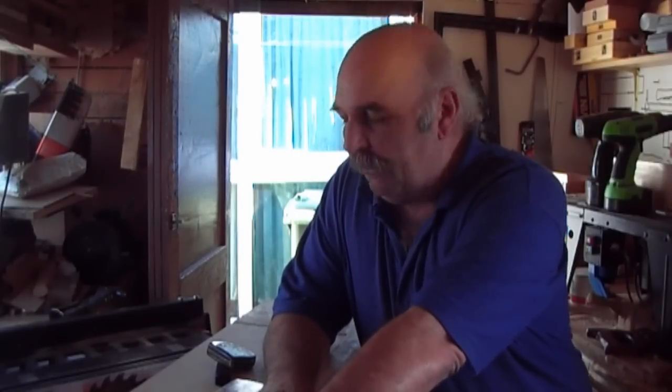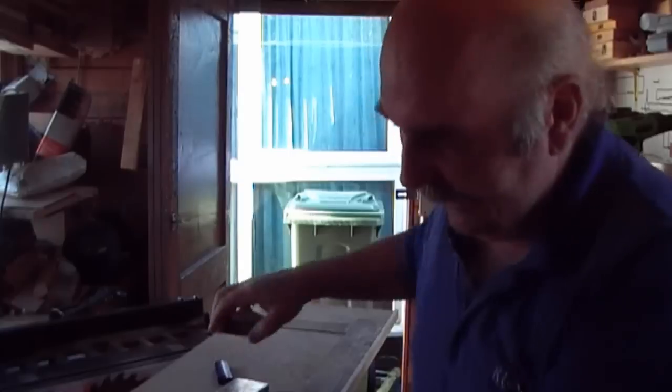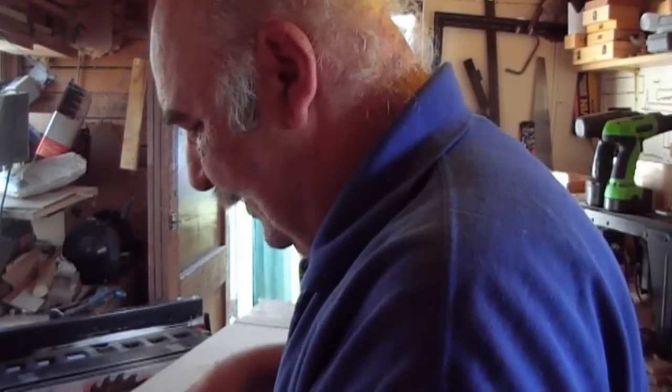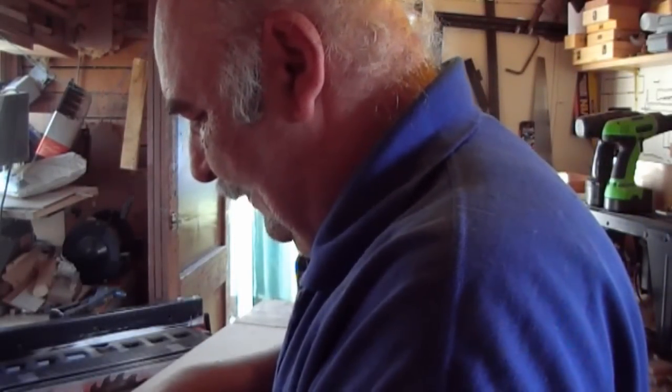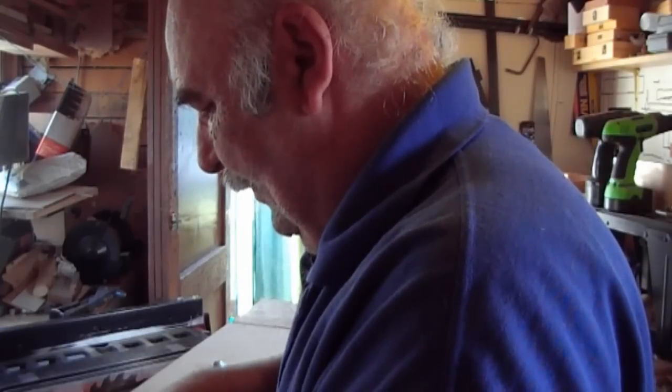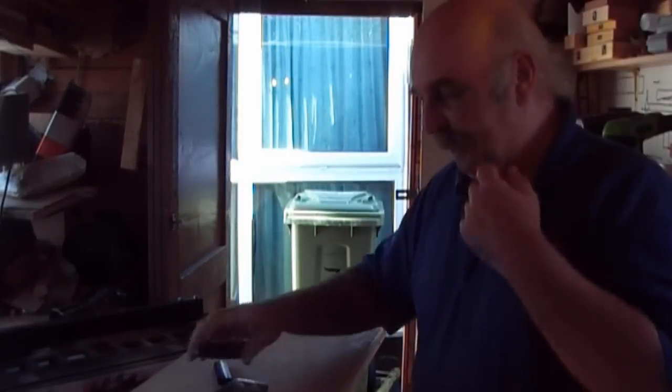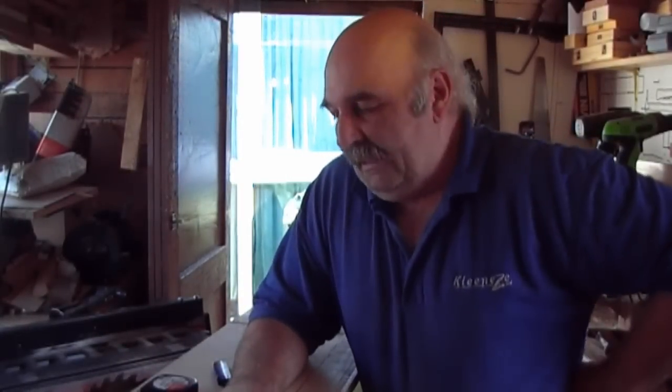Now, I could have left a little bit more on there, but I didn't. But I don't want any more than that on there. I've just got to square this end up, and by the time I square the end up, it's going to leave me 12mm on there. Yeah, that's right, 12mm like that. That's what I was planning on leaving. That means that,